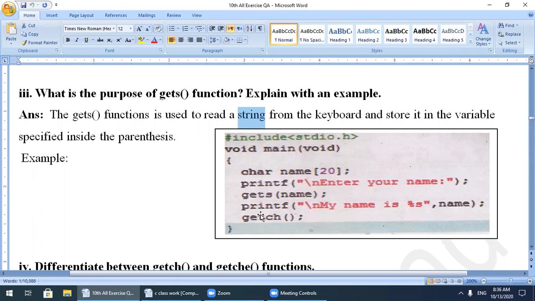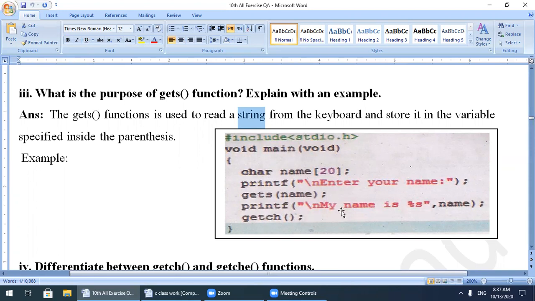Now what will be the output of this program? First of all, when you execute this program with the key Ctrl+F9, it will show you a message on the output screen: Enter your name. This message will appear on the screen, then the cursor will be blinking, asking for the string. For example, you write the string Pakistan. Pakistan is also a name; you can write your own name. The gets function will store any characters which you have typed in this variable name.